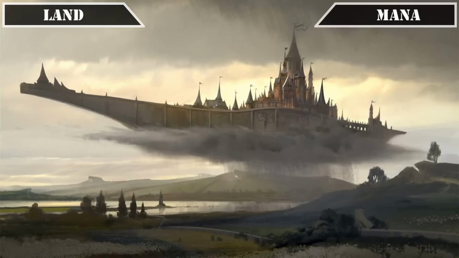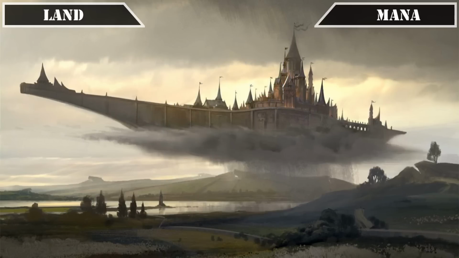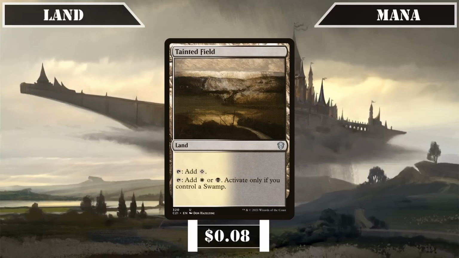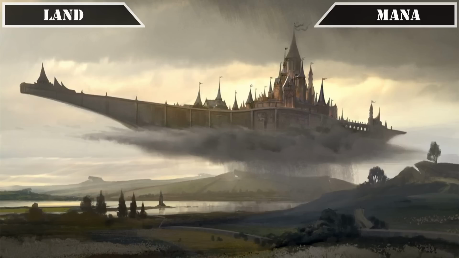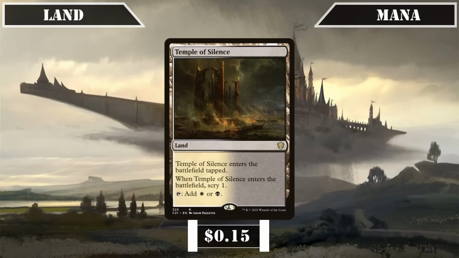Starting with our mana lands, we have Command Tower, which taps for any color in our commander's color identity, Caves of Kolios, which taps for a colorless or either of our colors if we take a damage, Tainted Field, which taps for a colorless or either of our colors if we control a swamp, Shine Shadow Snarl, which comes into play tapped unless we reveal a plains or a swamp and taps for either of our colors, Path of Ancestry, which comes into play tapped, taps for any color in our commander's color identity, and scries 1 if that mana is used to cast a creature of a type matching our commander's,